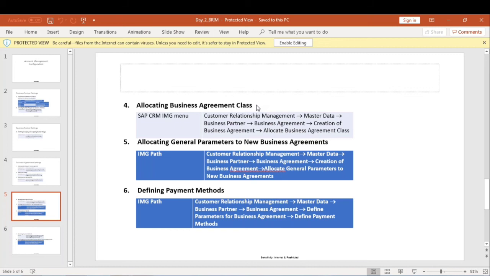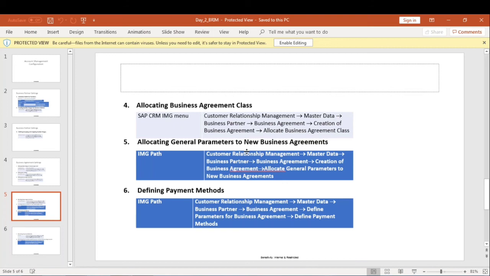And we have the general parameters for new business agreements configuration step. Here we can say there is a business agreement, and what specific fields we want in the system. If there is a direct customer, what fields do we want? We need his shipping address, right?